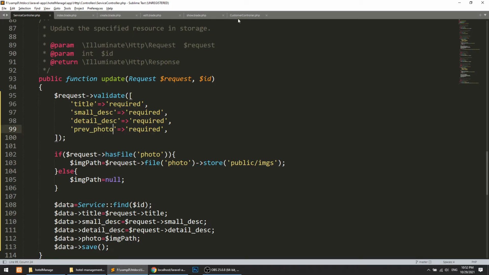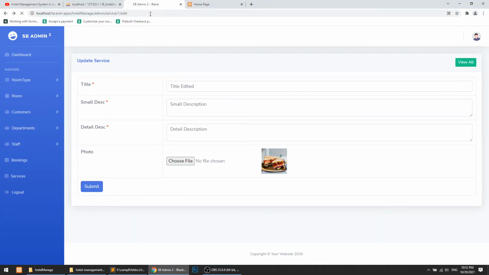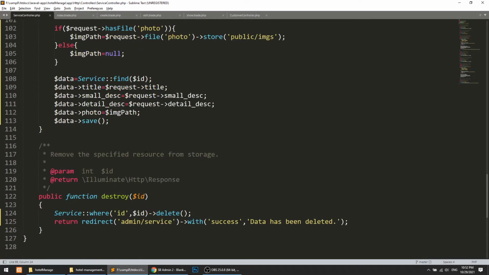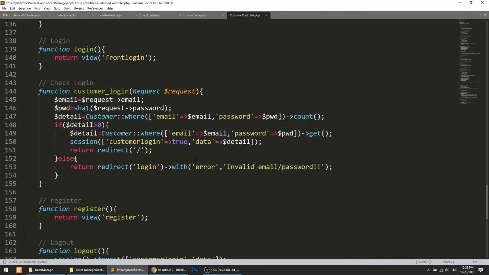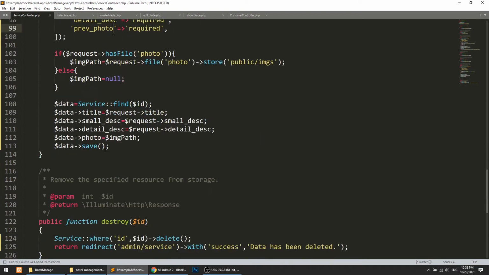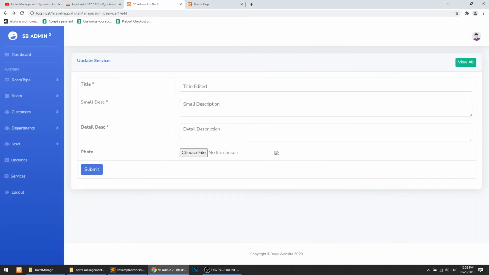Let's go to edit and to admin service id. It is edited, but it is not redirecting, because we are not redirecting anywhere. We need to redirect. I have not copied this code, sorry. So this will be service, fine.